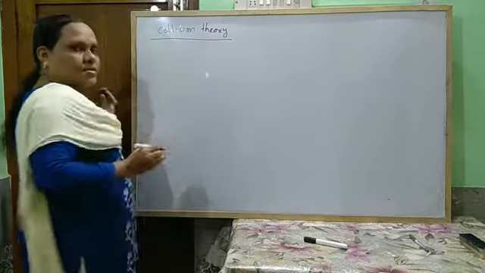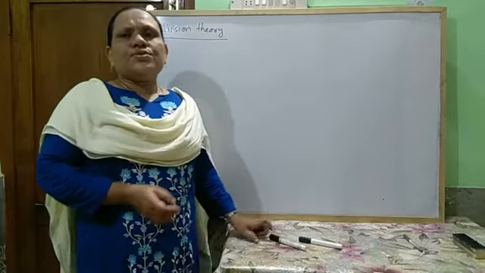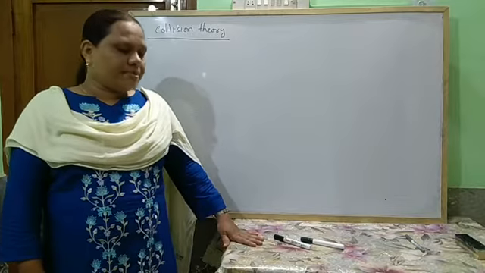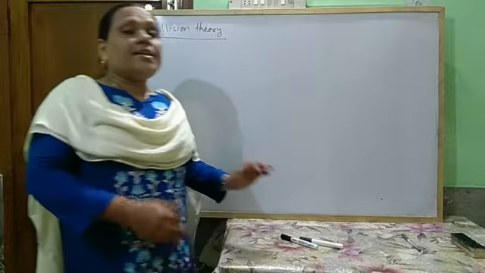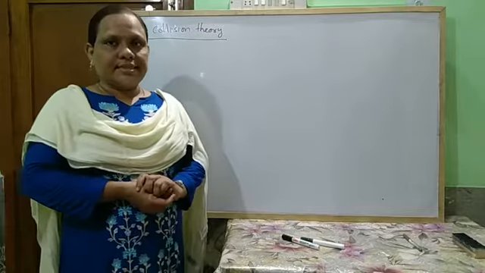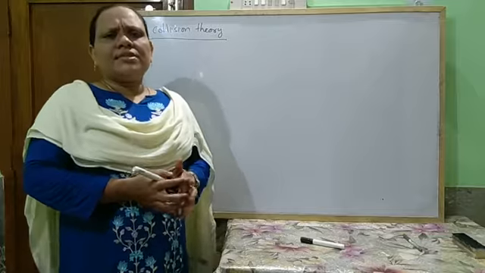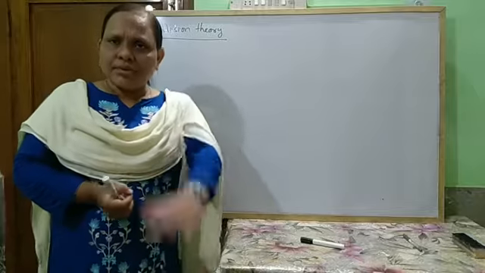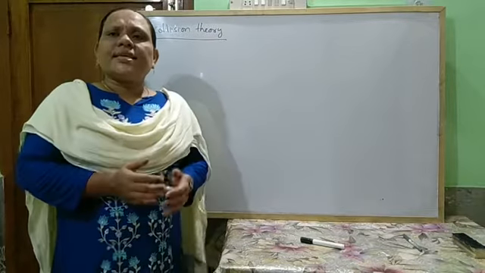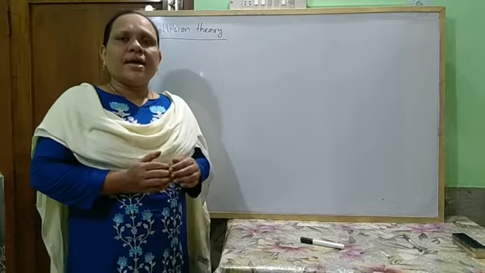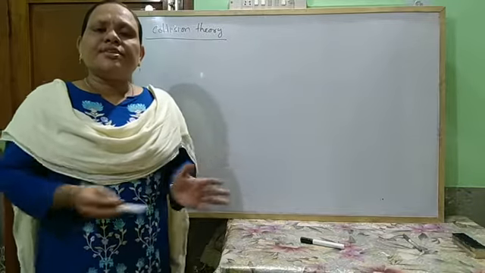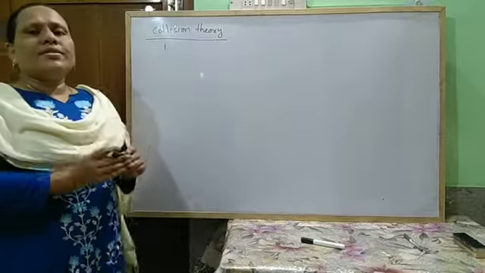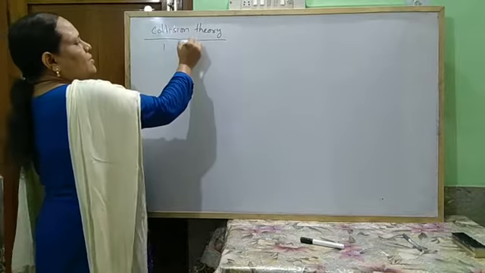What is this collision theory? Generally, this theory was put forward by Max Trautz and William Lewis, and it is based on the kinetic theory of gases. According to the kinetic theory of gases, all gases consist of very small minute particles called molecules. In the same way, the reactants are made up of molecules, and the molecules are always in a state of random motion. So the first point is that in collision theory, all the reactants consist of molecules.